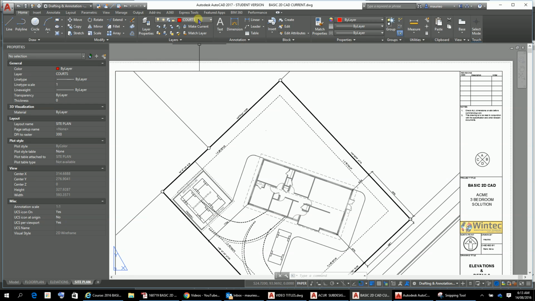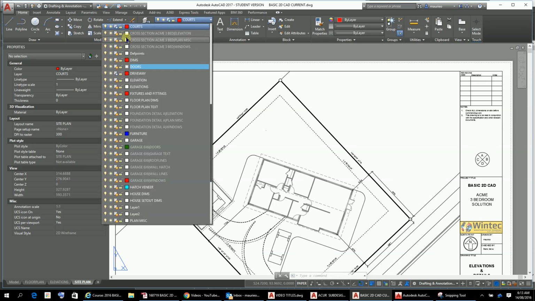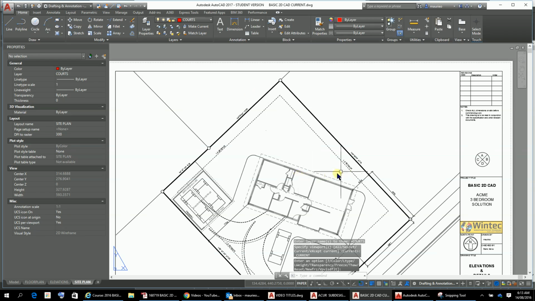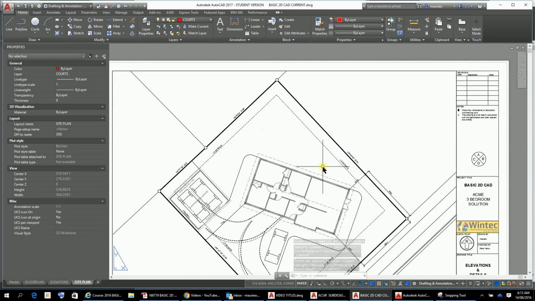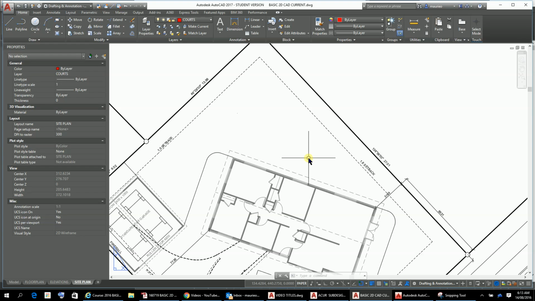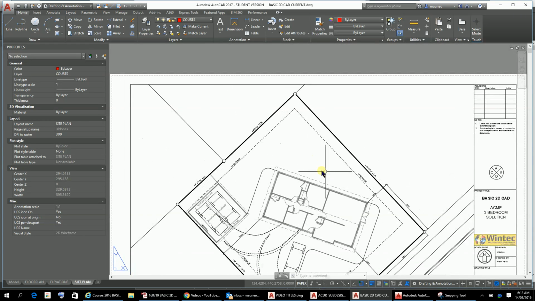I have created a new layer here called courts, but as you'll notice, I have not turned it on. So I'm going to turn it on now. And there it is, all there by layer, by layer, by layer, but I've had it as red in the model space, but it'll be black in the viewport. Okay, so let's go to the rectangle tool,